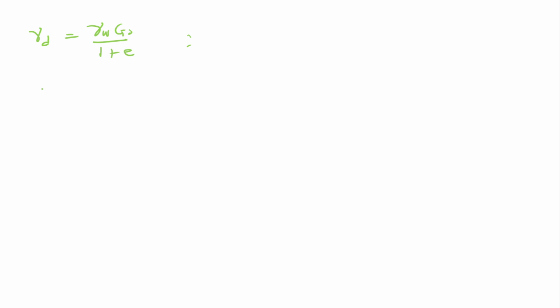If we make our void ratio the subject of formula, we have specific gravity times unit weight of water over dry unit weight, minus 1. And if we recall, the unit weight of water is 1 gram per cm cube. So substituting these values, we have 2.68 all over our dry unit weight, which we have calculated as 1.6,